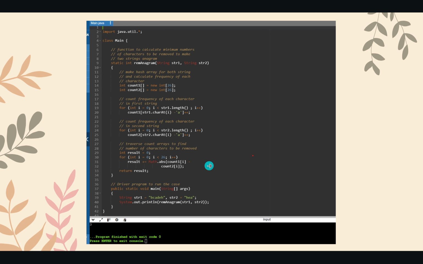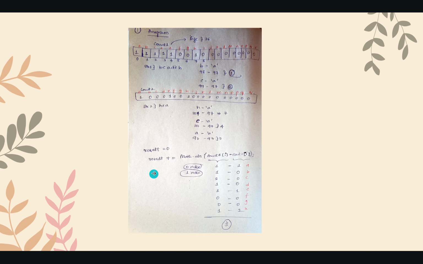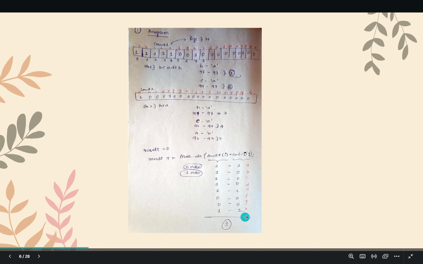Now how can you find the different elements which are not common? You have to use the math.abs function. See, you initialize result with 0, result plus math.abs of count 1 of i minus count 2 of i. Here you are given the count of each index value from count 1 array and the count of each index value from count 2 array. By subtracting these two,